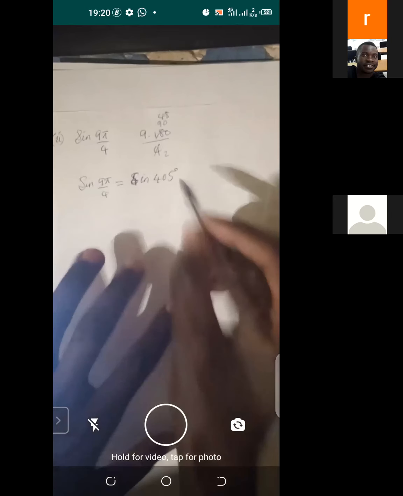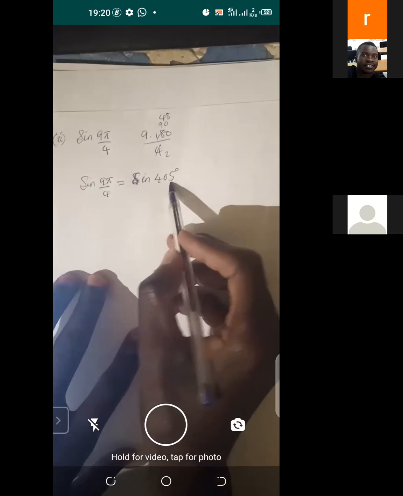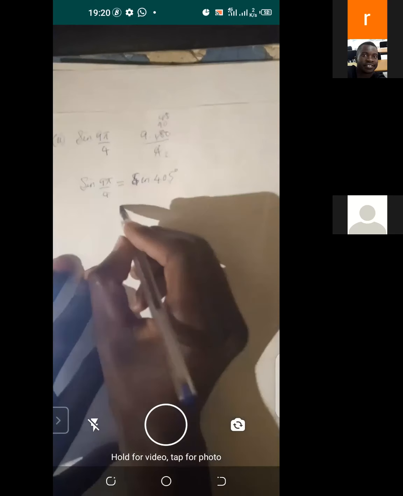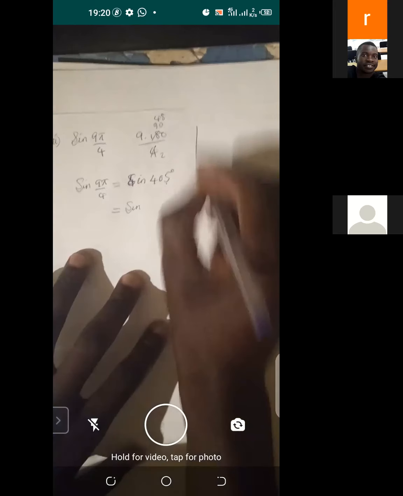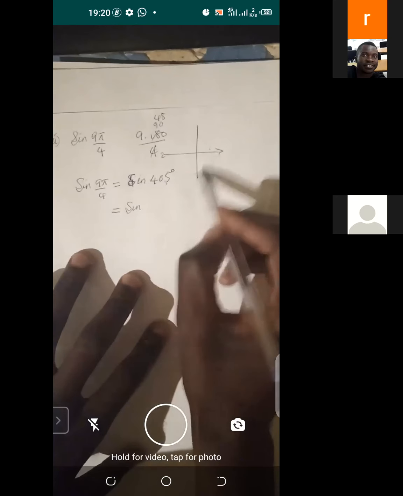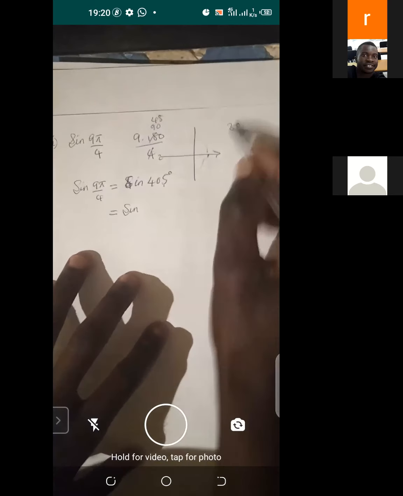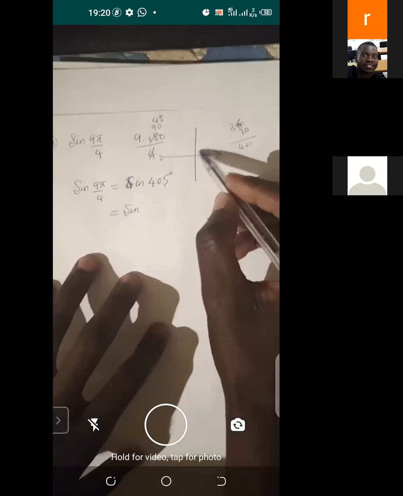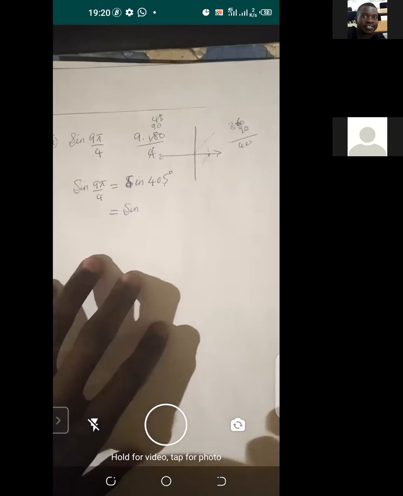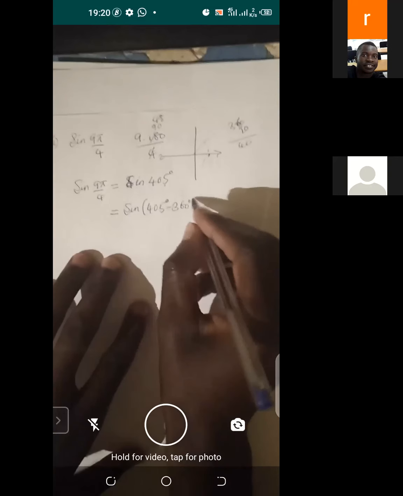But again, you see this one, you use a reference angle to calculate this one. So what is happening here? Let's draw this one here. So you have that this is at 360 degrees, plus 90, you are getting 450. So this angle here should lie somewhere here. So let's subtract 360 degrees from 405 to get